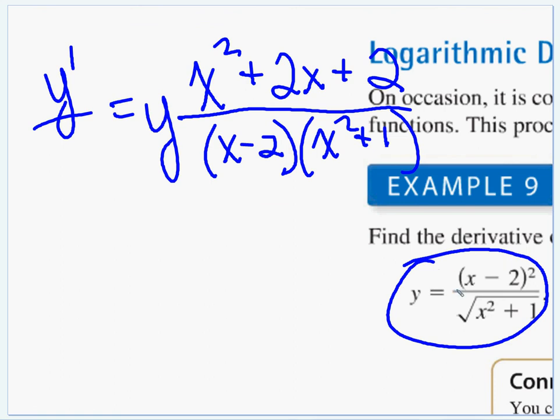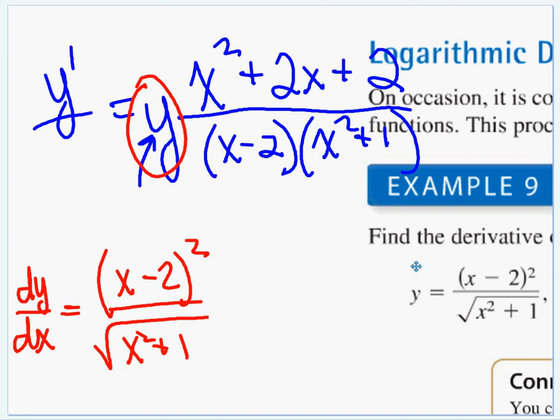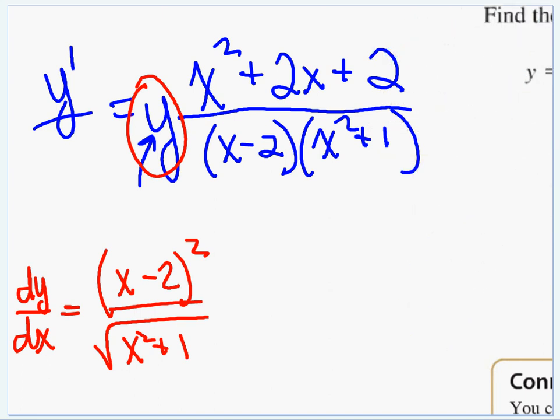We can take this y equals and plug it in for this y. So I'm going to do that in a different color. We've got dy dx, our derivative that we're looking for, our final answer. We're going to replace this y with the original function, x minus 2 quantity squared over radical x squared plus 1. And then we're going to multiply that by the stuff we found above, which I'll go back to blue